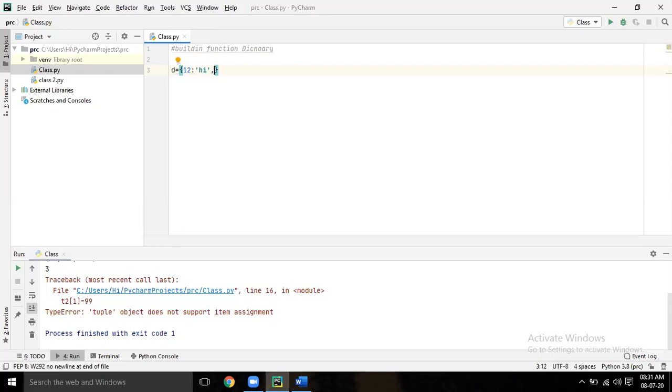Comma, name. Whatever you can give for key and value, string, number, float, whatever you can give. Just create two or three items, within quote.